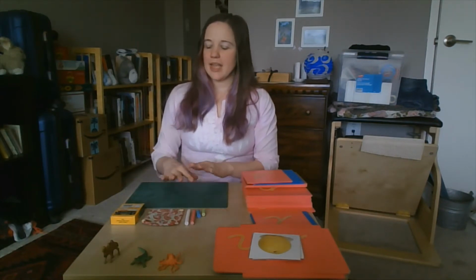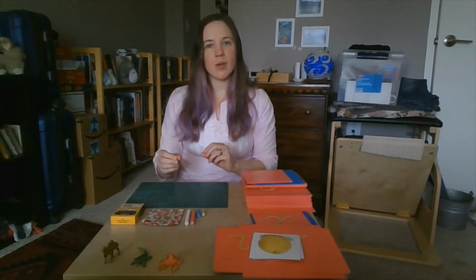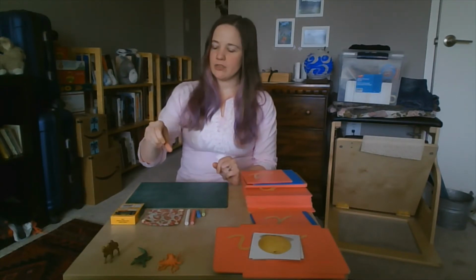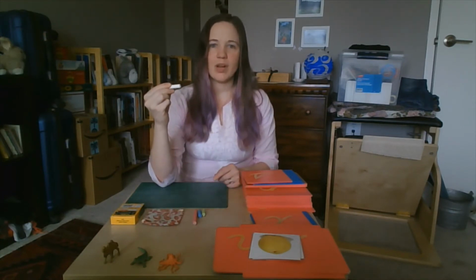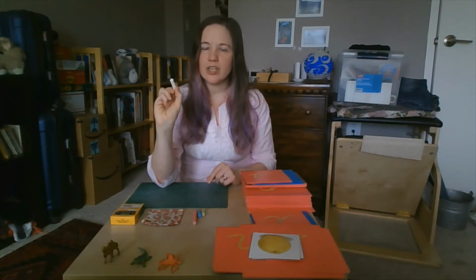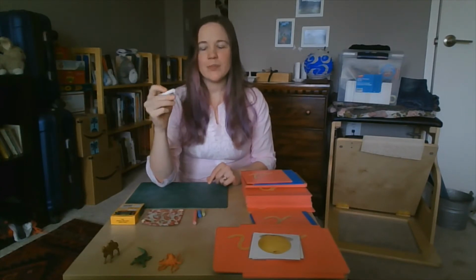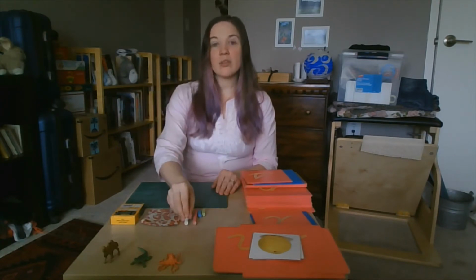So the first thing I'll show you is called rainbow writing. You can see I have a chalkboard, and I have a piece of white chalk and a couple of other pieces of colorful chalk. Now, I also like to use sidewalk chalk for this. It can be very delightful to have a big, huge piece of chalk in the little small hand. It also encourages gripping easier. We don't need a child to use a pencil grip right now, like a 3-year-old or a 4-year-old child. When they're getting to be 5 and 6, yes, you want to encourage the pencil grip, but that's really up to you. I can show this just holding onto it like a young child would grab the piece of chalk,